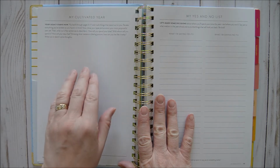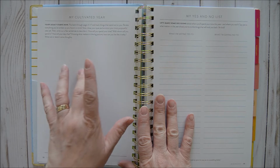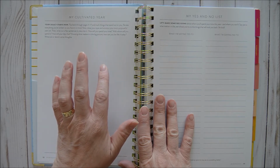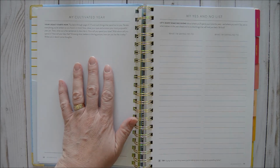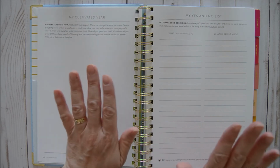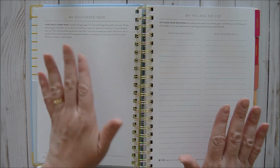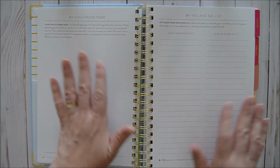I also think there would be value if some of these blank pages were dot grid, but you can print a dot grid sheet from the Cultivate What Matters website. The wildcard pages, I needed a second to think about that. The wildcard pages, there's a ton of those. I'll talk more about those in a minute, but there's a dot grid option. So you could always print that, cut it out, and put it in here